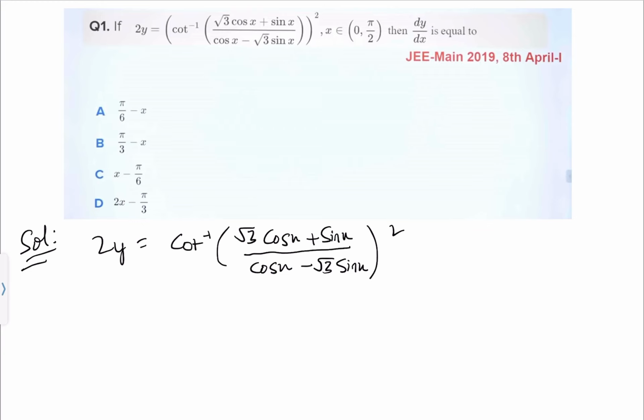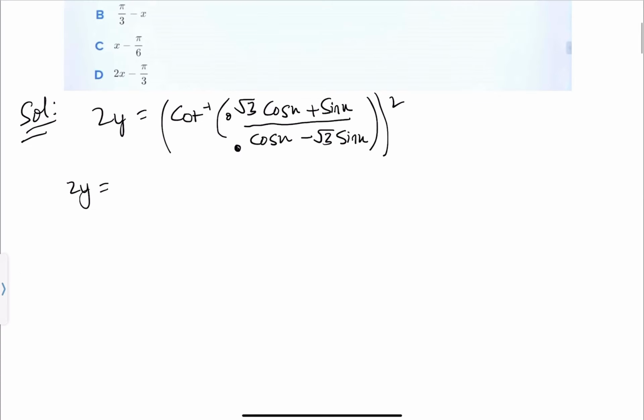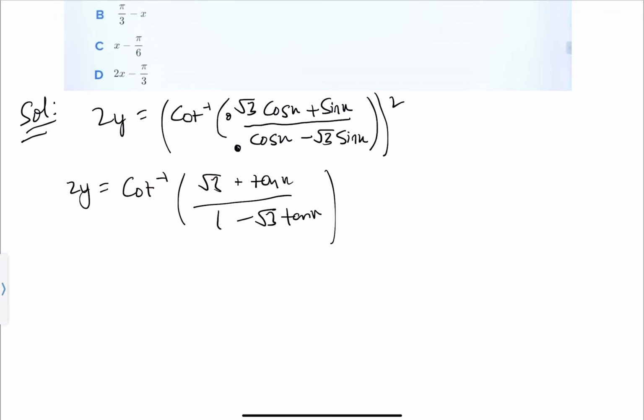What we are going to do is, first in this term we divide the numerator and the denominator by cos x. So what we will get is cot inverse of (root 3 plus tan x) upon (1 minus root 3 tan x), whole square. And since it looks like our tan property, and this root 3 is tan pi by 3 and this is x,